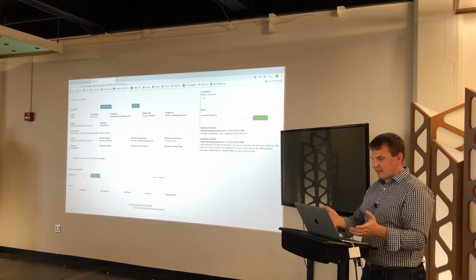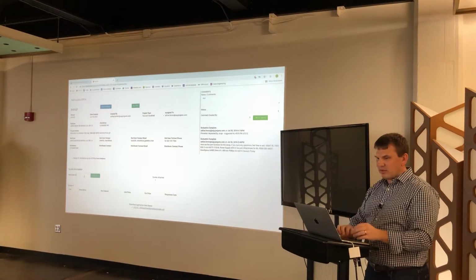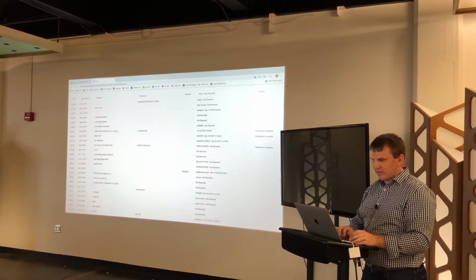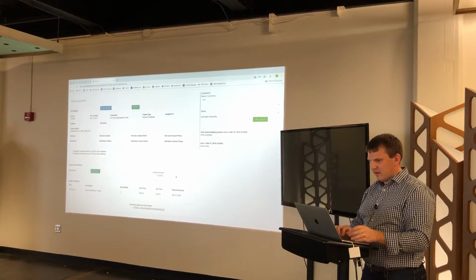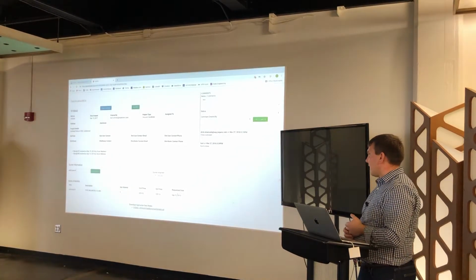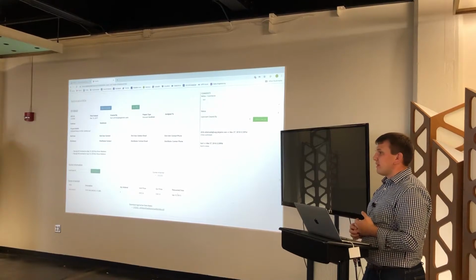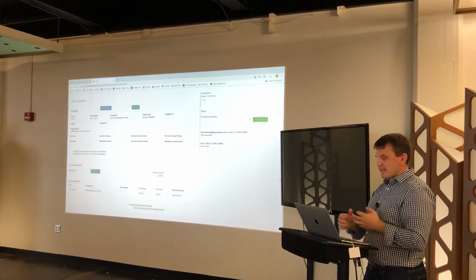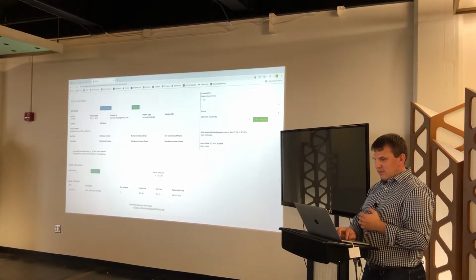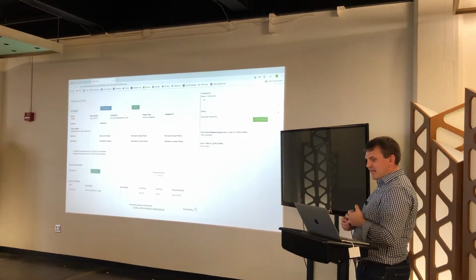Down here we can add a quote, and it would pull up and show everything that is in the quote. Maybe I can just go back to one of these other ones. This one has a quote attached to it, and when you select that, it shows the item that was quoted to that person. We can have multiple quotes on here if they have different iterations of what they're